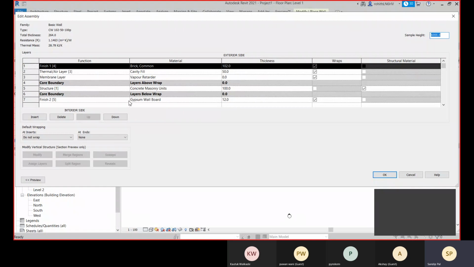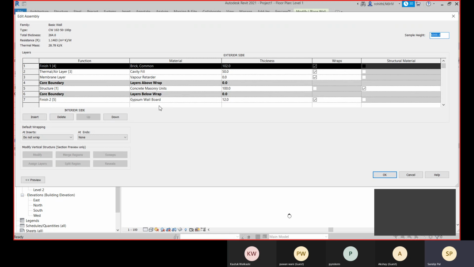So this way finish one should be placed to the exterior side and finish two to the interior side. Okay, and you can place your thermal layer and the membrane layer also to the interior side.